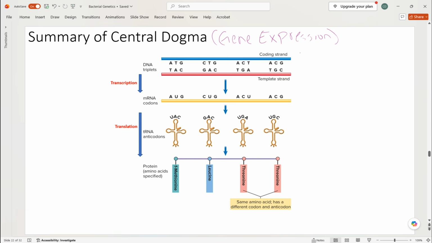Okay. And so, with the central dogma, aka gene expression, we are looking at, I'm going to write this vertically to align with this image. DNA is used to make RNA, and that RNA is used to make proteins. And I've already annotated this image here. The process of using DNA to make RNA is called transcription. And the process of using that RNA to make proteins is called translation.